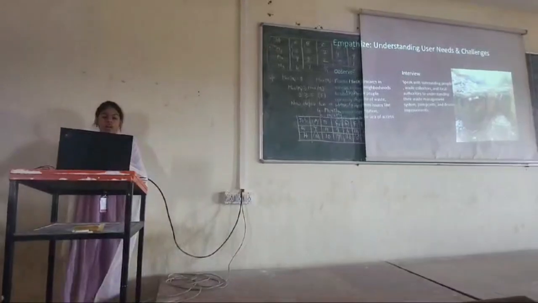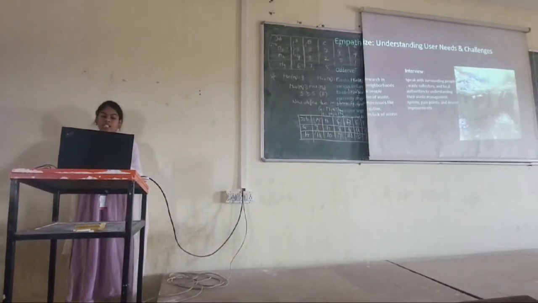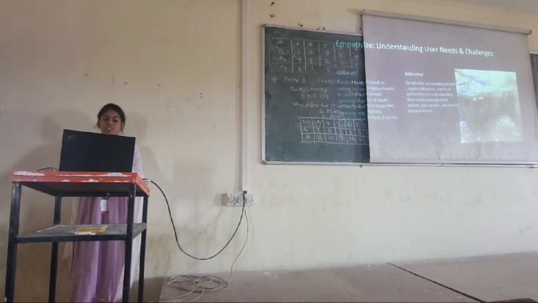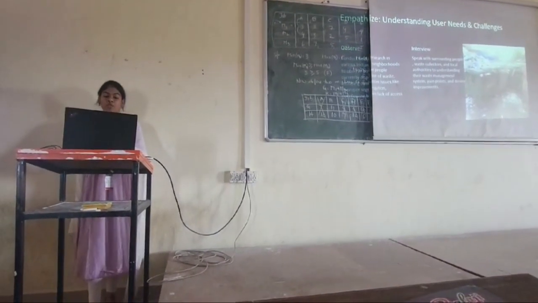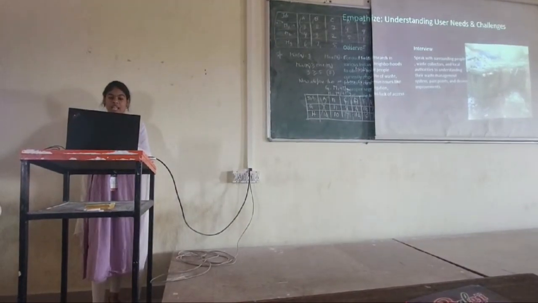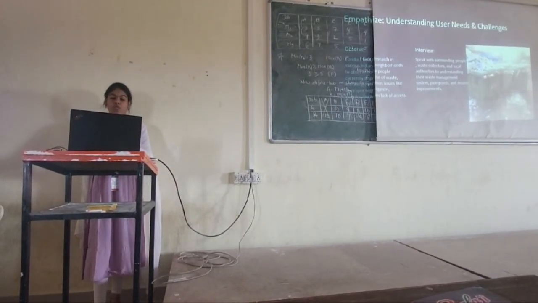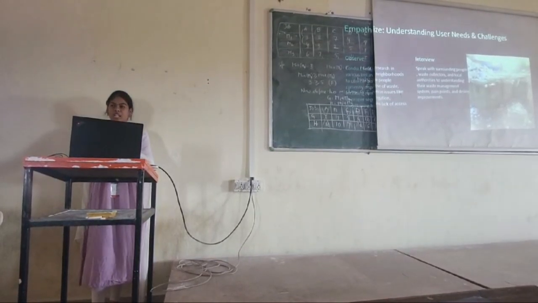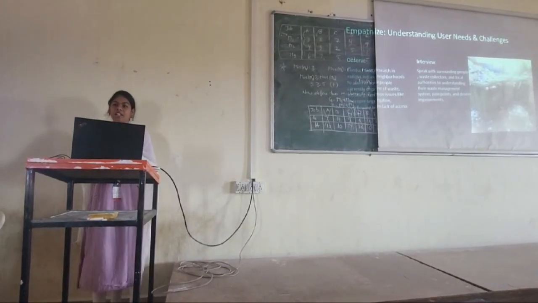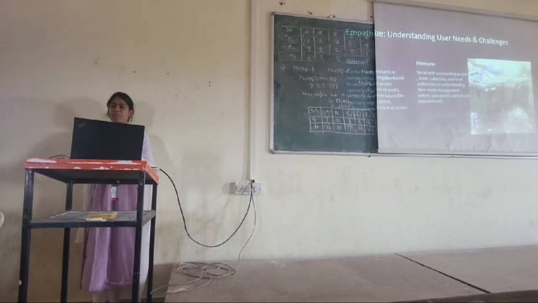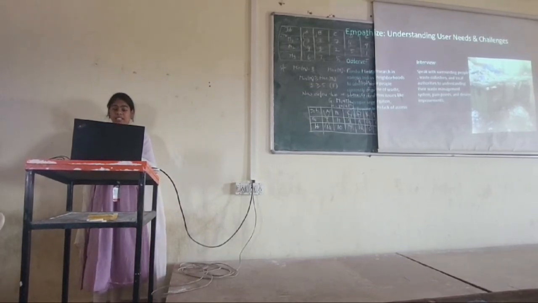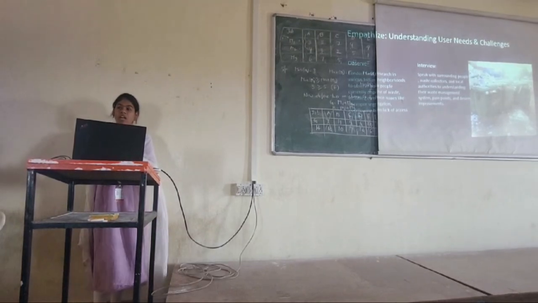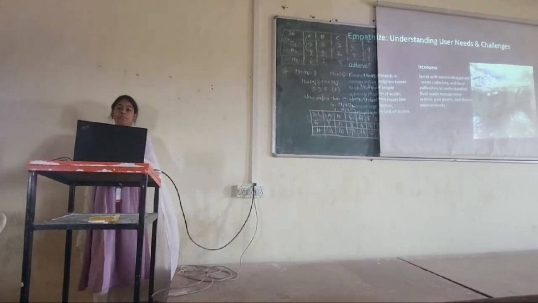Here we see understand user needs and challenges. Observe: connect with residents in various areas and wards to observe how people currently dispose of waste, including common issues like improper segregation, overflowing bins, lack of access to waste bins. We are facing a lot of problems: besides roads we have bins only in some areas and in some areas we don't have them. People are throwing garbage anywhere and making land like